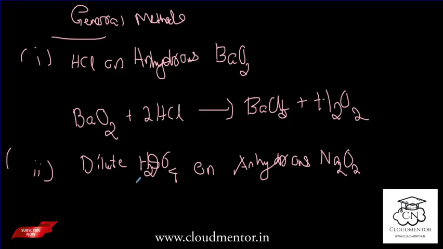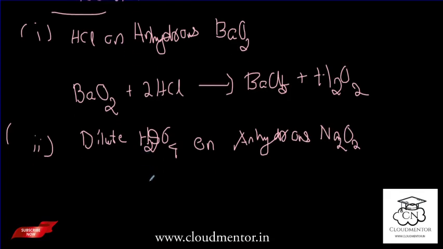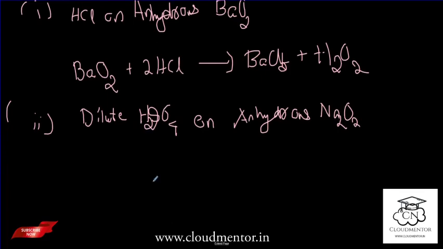While preparing H2O2 through dilute H2SO4 and Na2O2, the latter is added slowly to ice cold 20 percent H2SO4. Sodium peroxide is added to 20% ice cold sulfuric acid, and on cooling crystals of